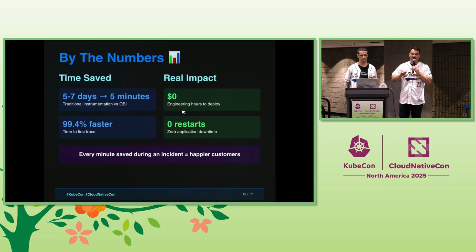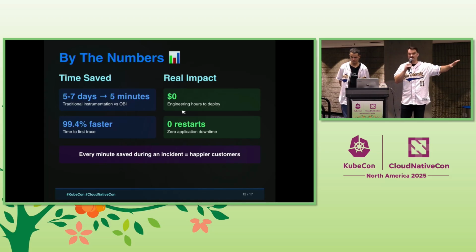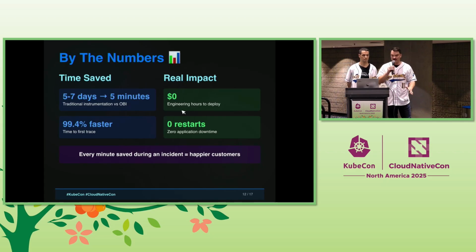So if we look at it just by the numbers: 5 to 7 days, 5 minutes now. Traditional instrumentation of trying to fix this thing in a way that would give us the similar visibility, give us the similar ability to actually restart this service in a way that could actually show what we just looked through. That's pretty incredible. Obviously, there's some vanity metrics here, but if you think about it just in